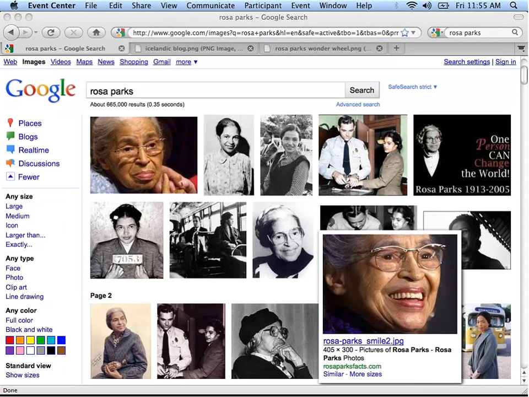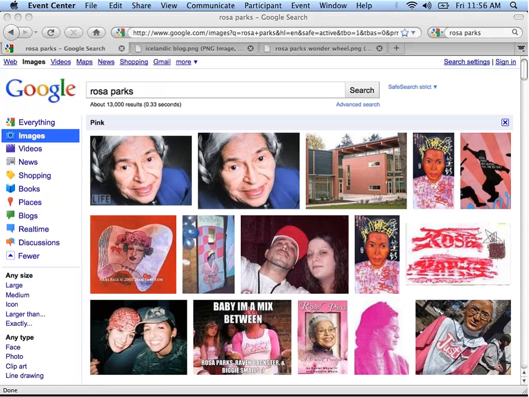And for example, let's say you are a librarian and you have a student come up to you, tell me if this has ever happened before, and said, hey, I read this book on Rosa Parks once that I really liked, and I want to look at it again. And the thing is, I don't remember what it's called, but it was pink. Now, those of you who have had this experience know that it may or may not have actually been pink,